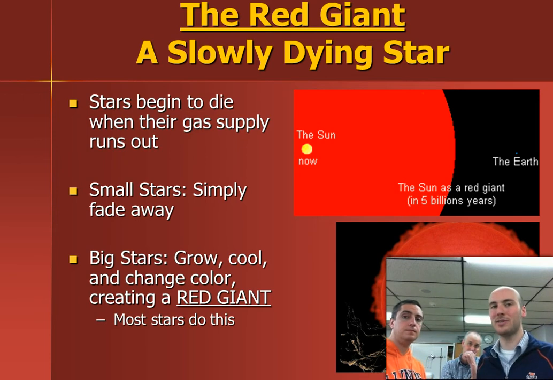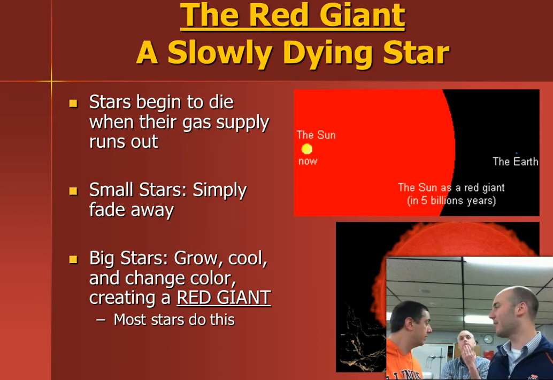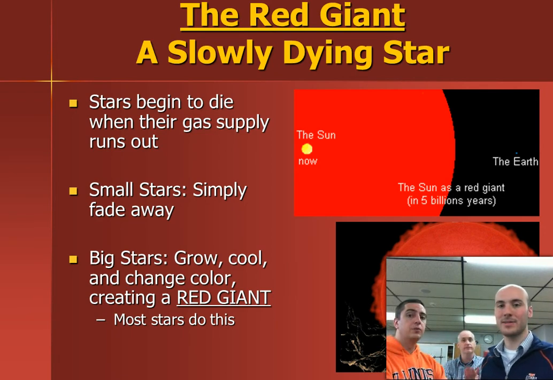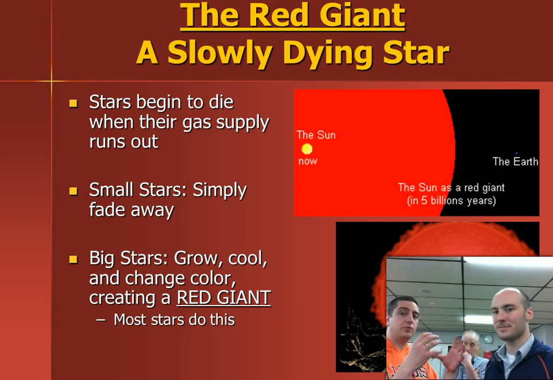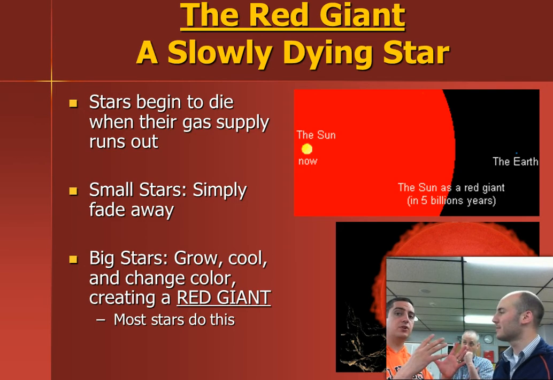The yellow is what our sun looks like now, and the red is what the red giant version of our sun is going to be in 5 billion years. It's going to expand a lot. It cools down though, and as we said, red is a cooler temperature. So it's burning less hot. And the reason why it expands is because it's starting to run out of fuel, so it doesn't burn as much. So all that energy and stuff just allows it to drift